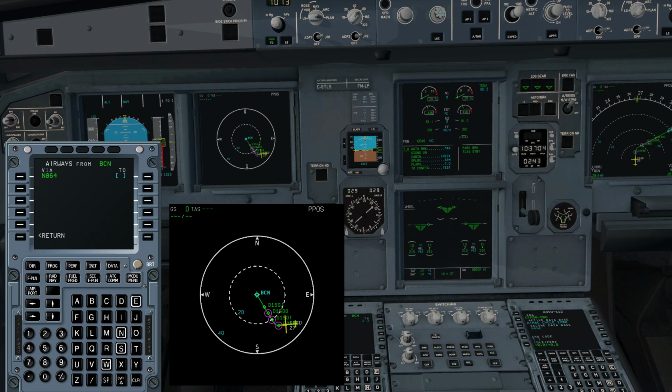Now what you could do on Navigraph is put all the waypoints in on that particular airway. No, it's not going to show up. But what I'm going to do is just put in a couple. So I'm going to put on here